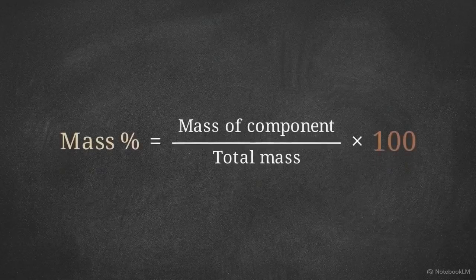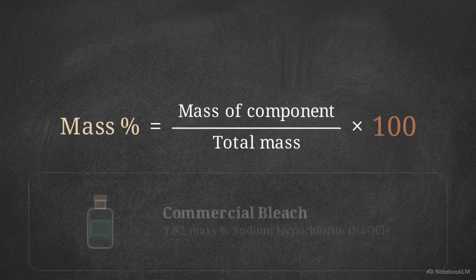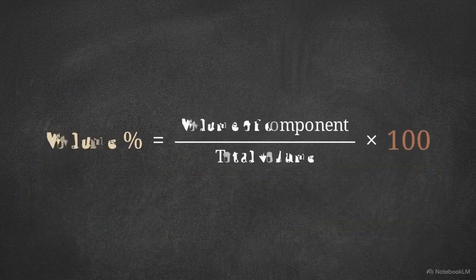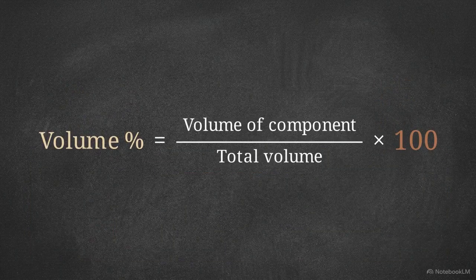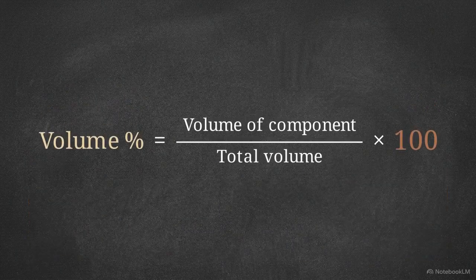Mass percentage is the mass of the component divided by the total mass of the solution. Because it relies on a fixed mass ratio, it is used in industrial applications, such as commercial bleaching solutions. For liquid and liquid mixtures, we use volume percentage. A 35% volume mixture of ethylene glycol is the ratio used as antifreeze to lower the freezing point in car